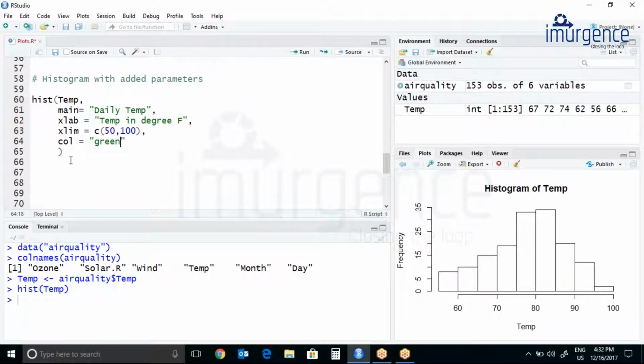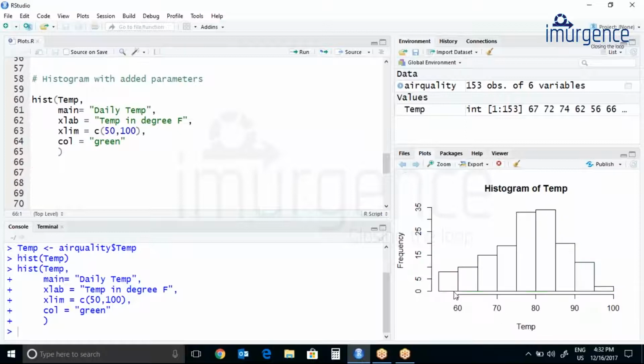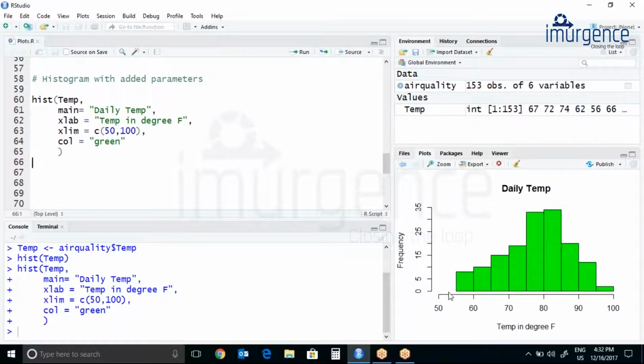Let's hit Control Enter. Now you can see it is more justified over here. Instead of not having any scale, it's better I have a scale over here. It starts from 50, then 55 to 60, 60 to 65, 65 to 70, and so on.